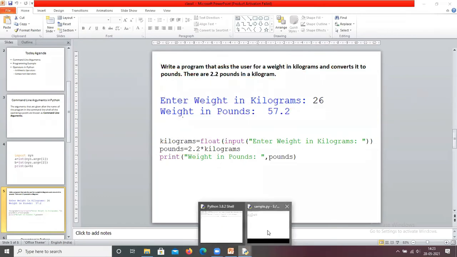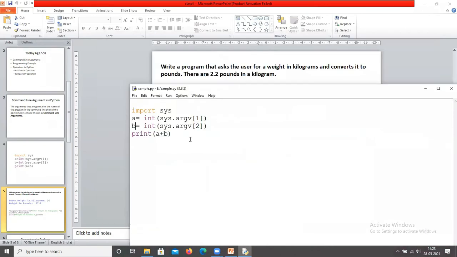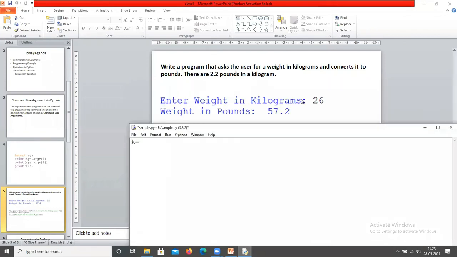Now, what is the problem here? You are going to write a program that asks the user for weight in kilograms. So here we are going to read one variable. For example, I'm taking that as k. So k equals, here I'm taking an integer, so I give int of input.